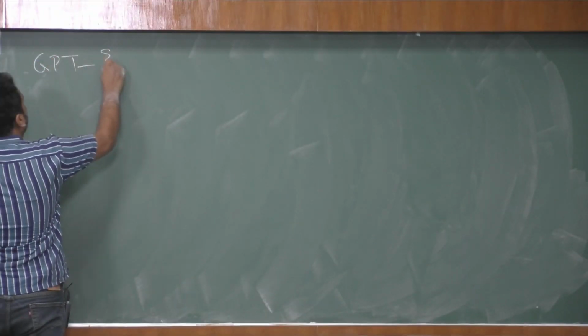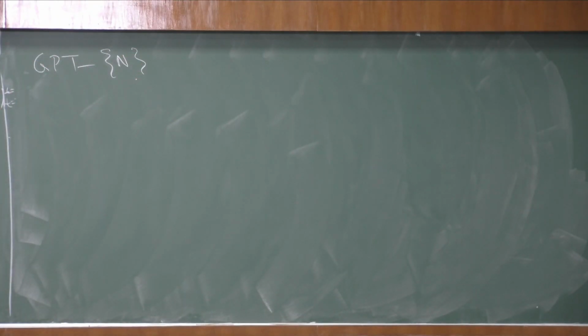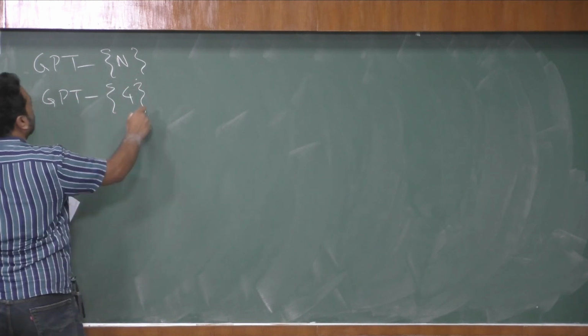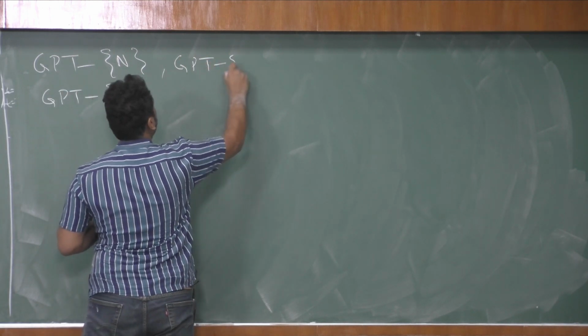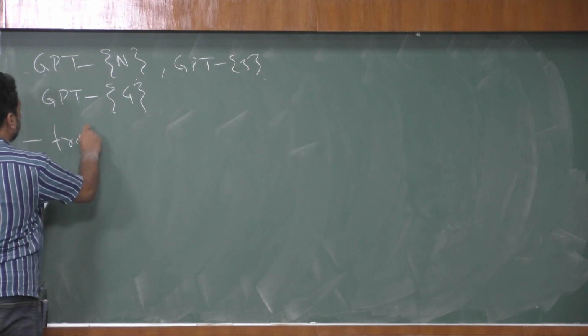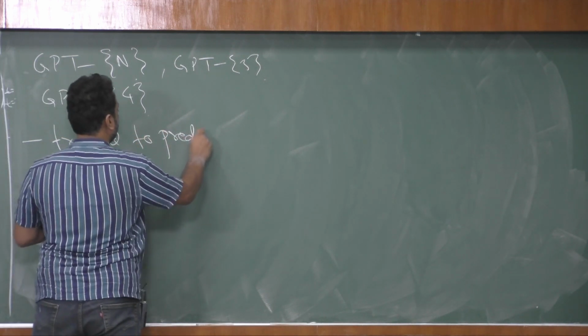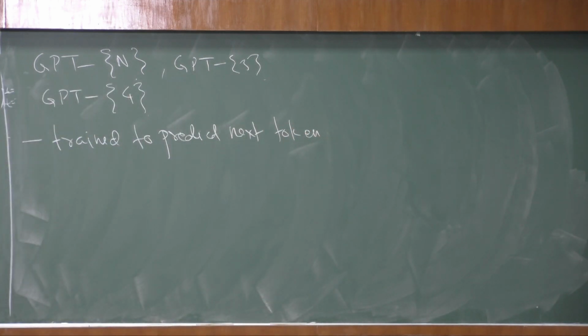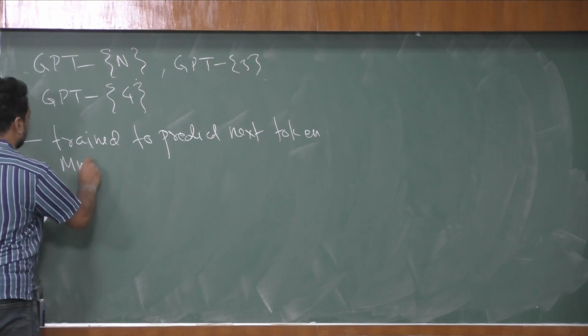So GPT, and we can say that this is N. So we have seen GPT-3, and by February or March of this course, I don't exactly remember, we had GPT-4 also, and when we started it was GPT-3. And this is a very powerful model. It is based on predicting the next word in the sequence, and I can just put a few remarks about this. So this is trained to predict the next token. So basically it's trained to predict the next word in the sequence. Okay, but it is done at a much larger scale,